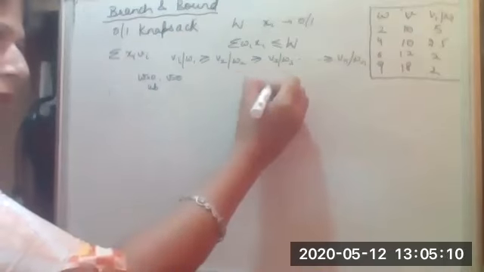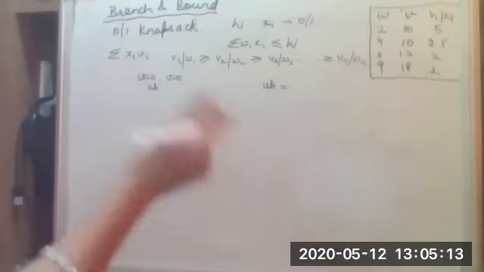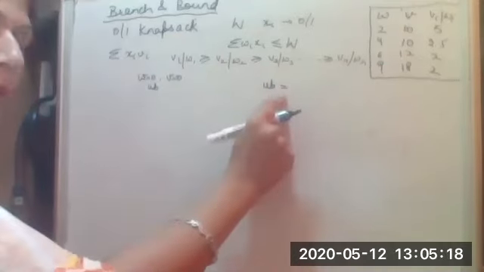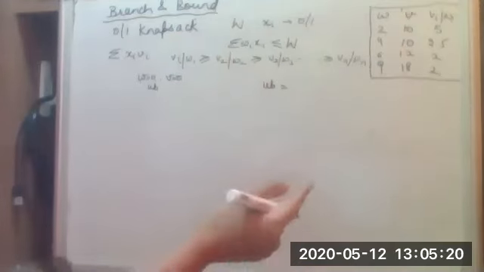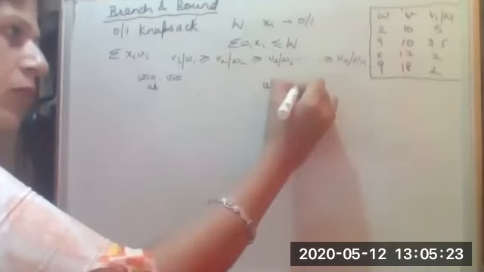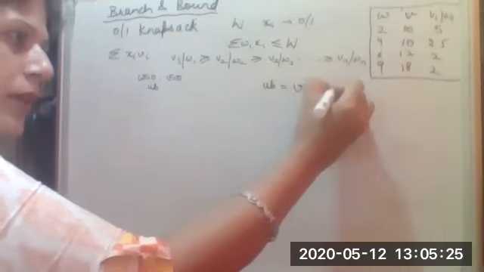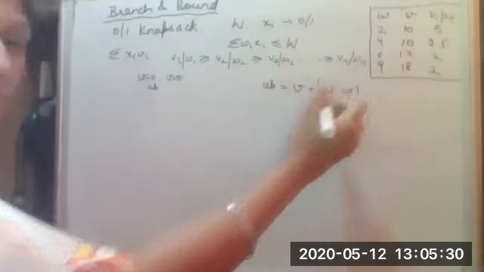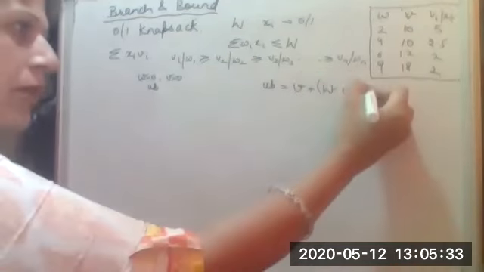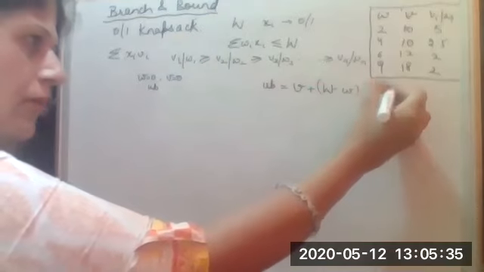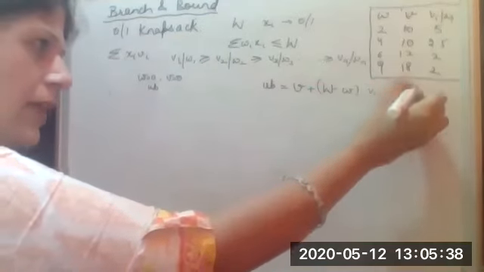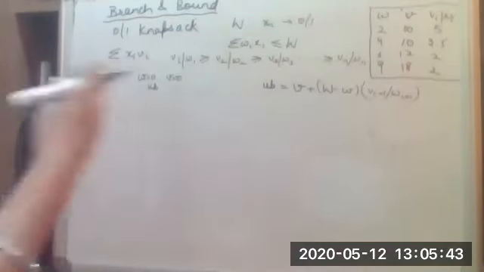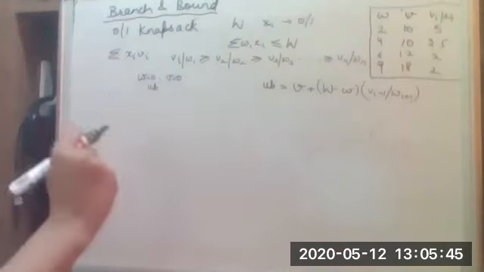Now the value of the upper bound, we have already known, that we have talked about for the greedy approach also, is that the upper bound on selecting any of the elements is given as the current value V plus whatever is the knapsack capacity left, W minus the current weight, multiplied by the next element's per unit weight value. Yes. So this will become very clear to you when we are working with this state space tree.